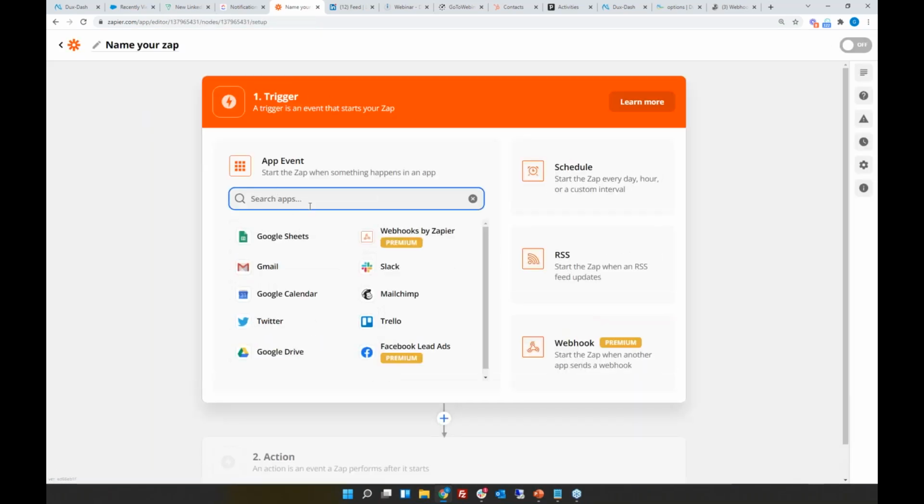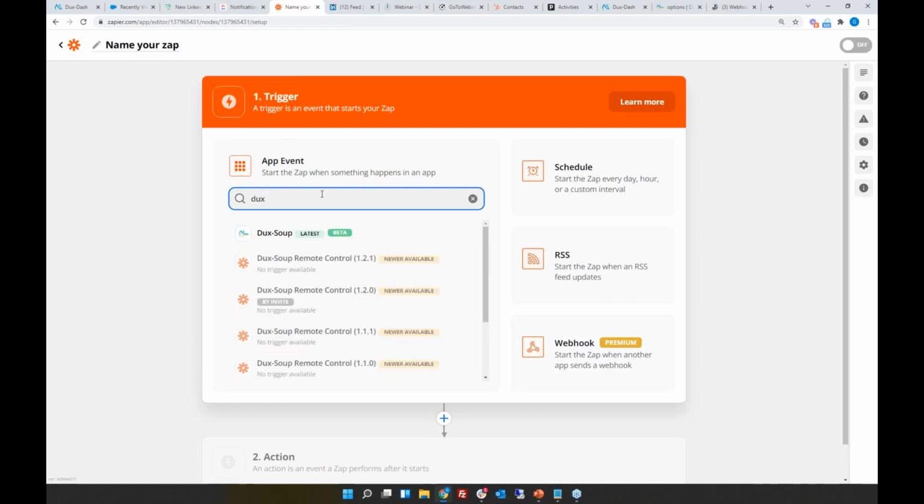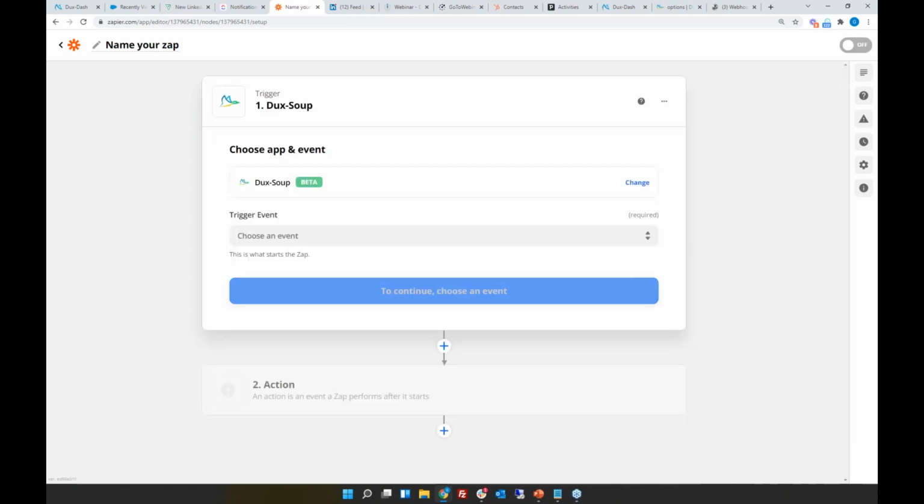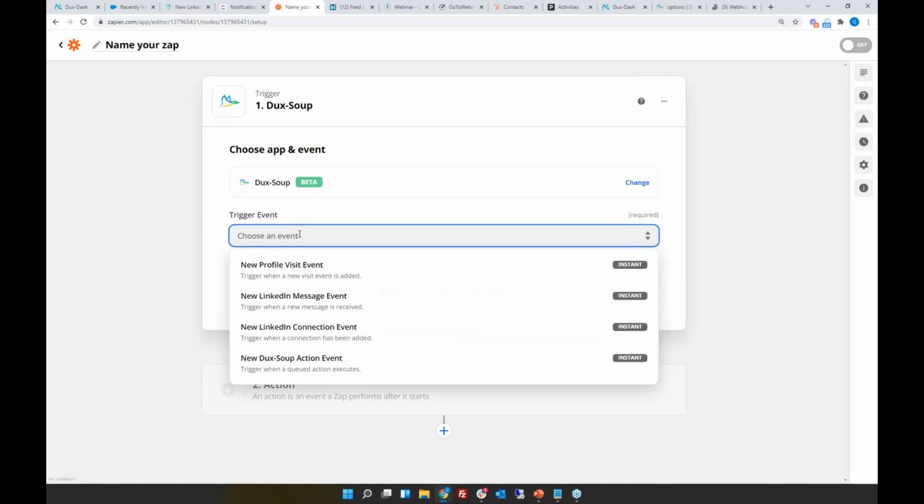Here, rather than using the webhook, I can now just put in the Dux-Soup trigger. We have these different trigger events, and basically it's logged against your account if you carry out a visit, if a message event is received, if a connection event is received, or if an action event is executed. Dux-Soup will listen out for all of these and post that data across accordingly,